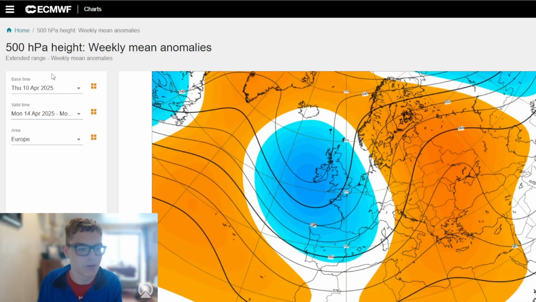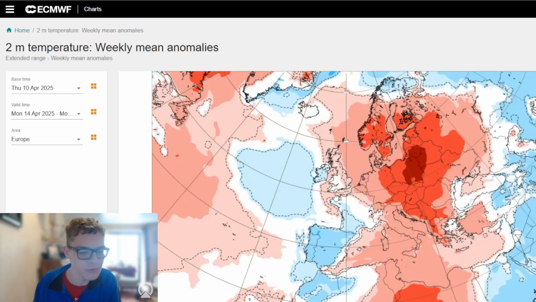You can see it emphasised by the 500 millibar heights, that emphasises it much better. Blocking in the Atlantic towards Greenland, a trough stuck over the top of the country, and we are around to slightly above average with the temperature anomalies. Besides in the far west and southwest, where it is around average, and then the Republic and Northern Ireland around half a degree to 1 degree below average.